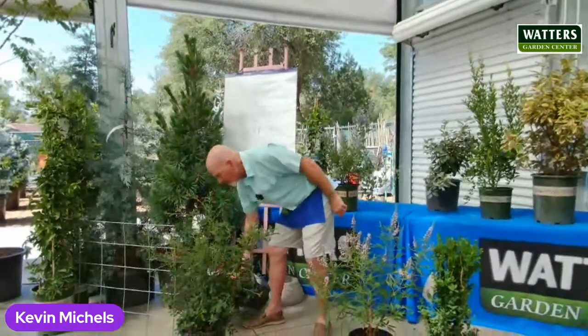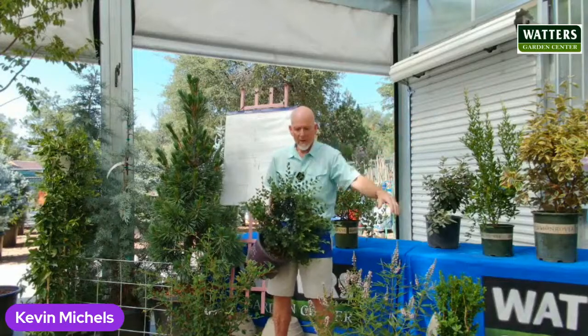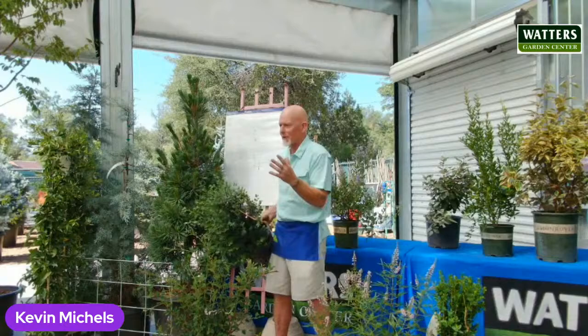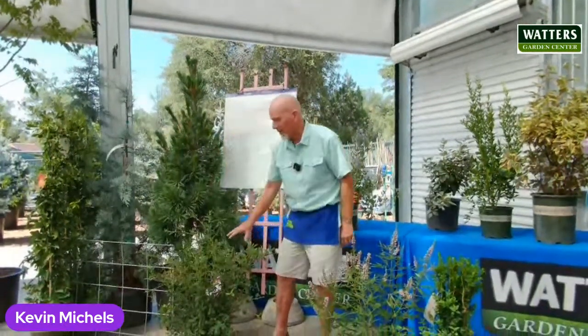This is a Cotoneaster as well, and this is going to give you the bright red color in the fall. But it's another really dense, upright bush. It makes for a great structural wall. Once it gets 4 or 5 foot tall and you keep cutting it back, it becomes a very dense piece of product. It's neat. But I brought those specifically to show you that there are evergreen Cotoneaster and non-evergreen Cotoneaster,